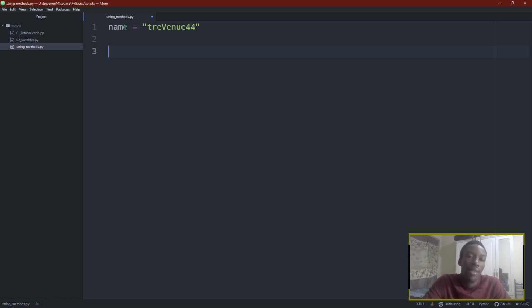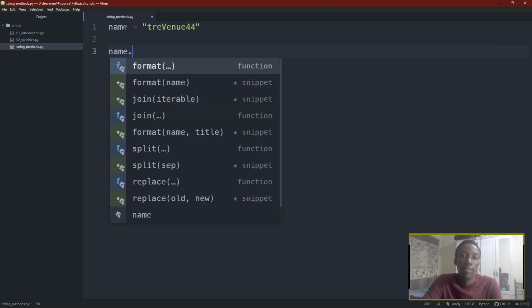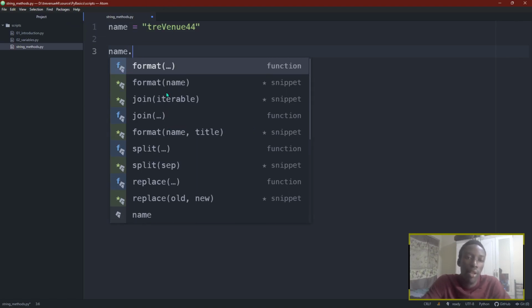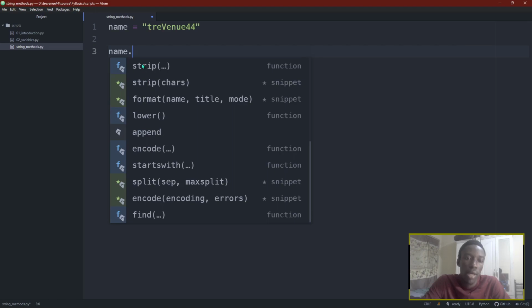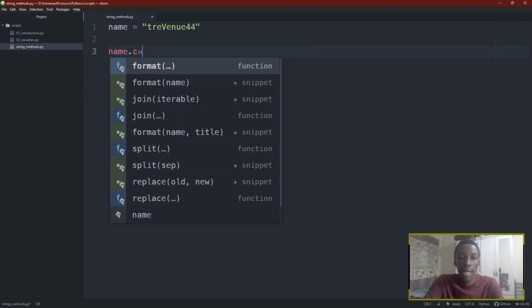How do we access the particular string methods that are there? All you have to do is refer to the string that you want to call the method on. Then you press the dot. When you press the dot, it will bring up a lot of methods that are already there. So there is format, join, split, replace, strip, a whole lot of things over here. You have to go and look at this on your own, but I will look at some examples. So when I do name.capitalize,